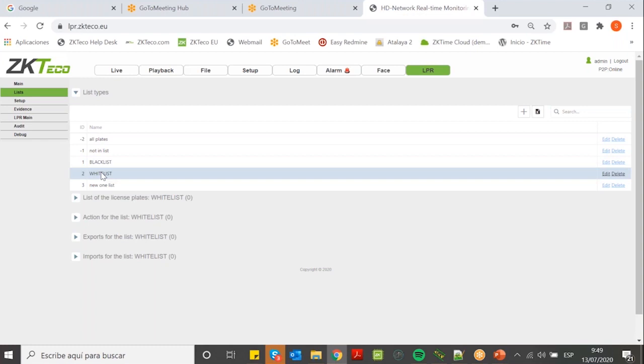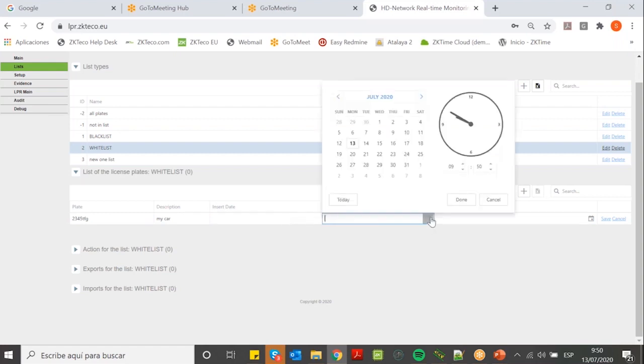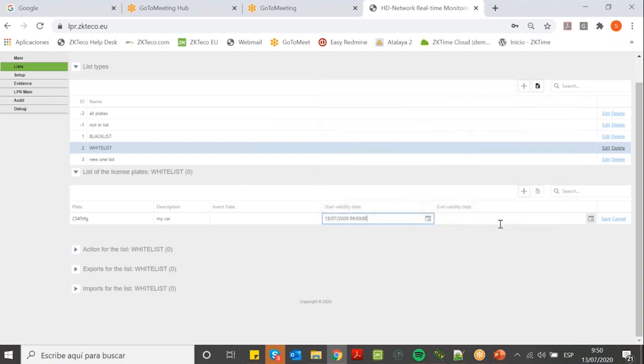For example, if I go to the white list, what can we do in the white list? I can register a plate manually, for example, my car, and insert a valid date from today. Okay, this is done. You can select no validity, or by default save, so you don't need to enter a date if you don't want. So imagine the algorithm catches my plate. What can I do with this? We can do several